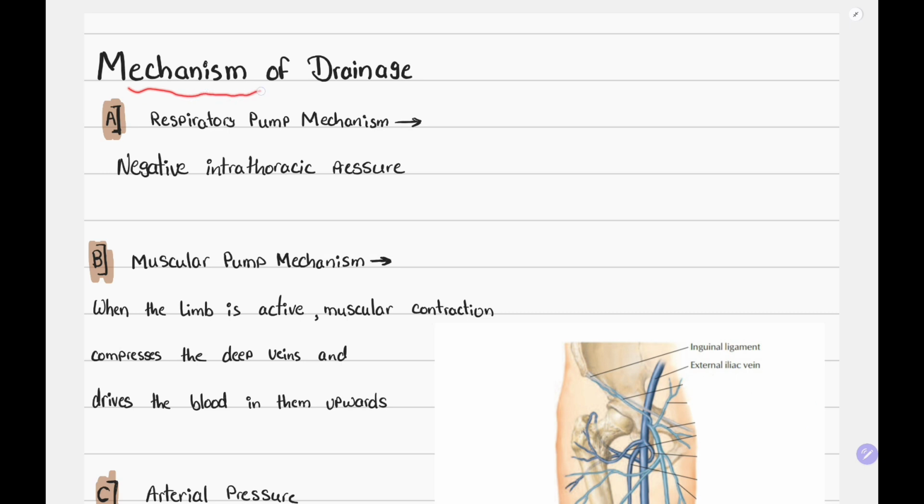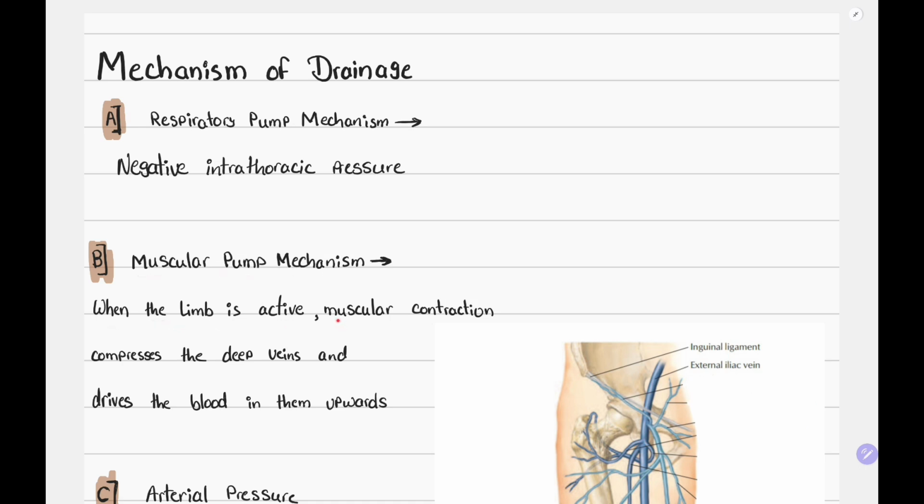So coming to the mechanism of drainage of venous blood from lower limb. As I've already discussed, there are a few mechanisms which drain the lower limb venous blood. So firstly, the respiratory pump mechanism. This I've already discussed with you, but here is the hi-fi name given to this mechanism. We have already covered that negative intrathoracic pressure is built in the thoracic cavity, which pulls the blood up to the heart. Secondly, the muscular pump mechanism, that when the limb is active, that is while you are walking, jumping